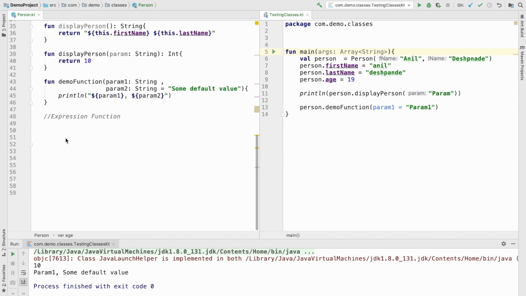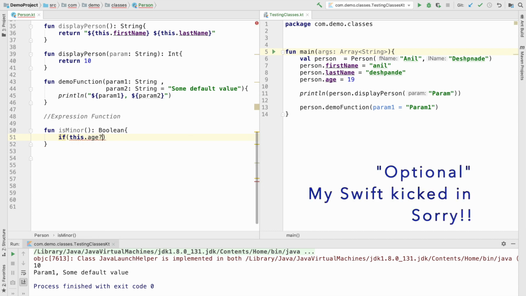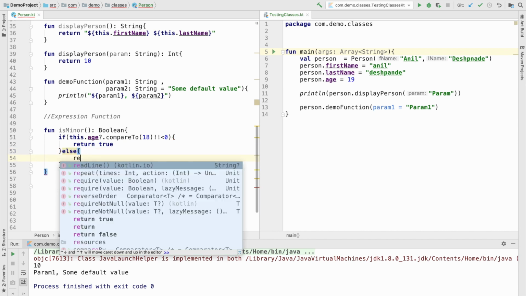So let me go down here and write a function, isMinor. This returns a boolean. If this dot age, which is an optional variable, compareTo 18 is less than 0, that basically means it is true, and else return false.